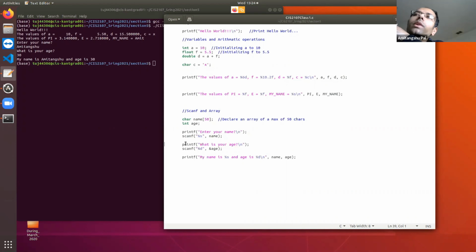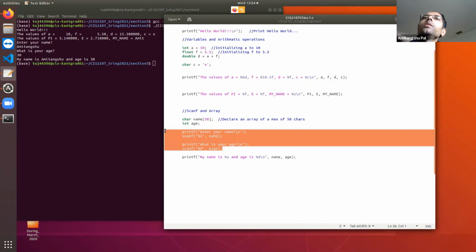How can I modify this program? Suppose there are 30 students. I can either repeat this process 30 times, and after every input add the ages, then divide by the number of students. Otherwise, I need to use a loop.